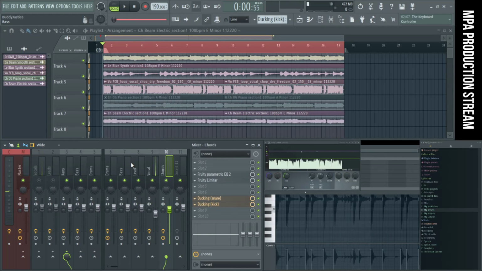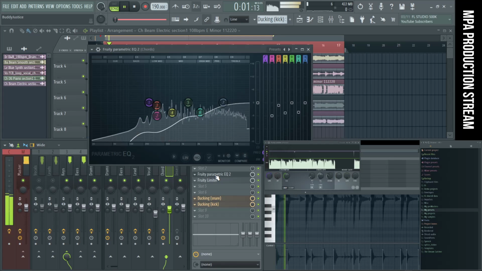You notice the bass is trying to cut through now. It's having a hard time, so you can do a couple things like